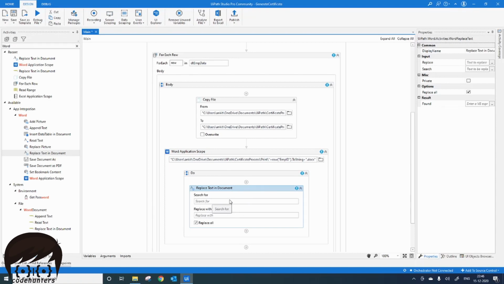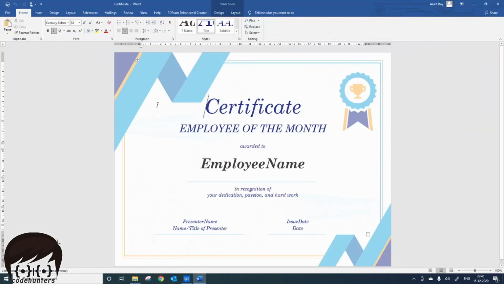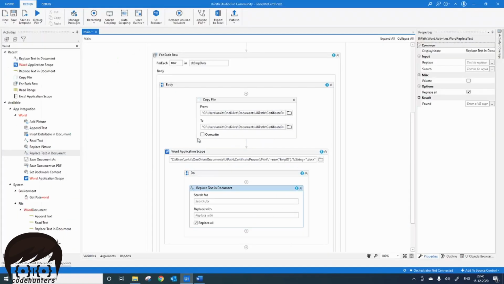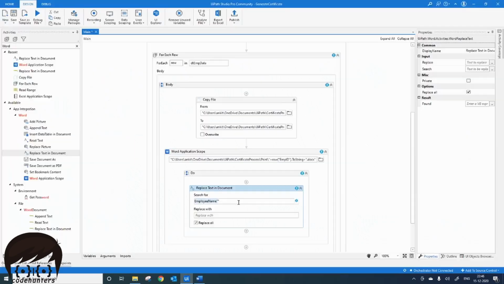Now I need to search for it. So what do I need to search? I need to search for a string and I can replace it with some other string. So I need to search for employee name. I will copy the employee name from here and paste it in double quotes. And now I want to replace it with the employee name.